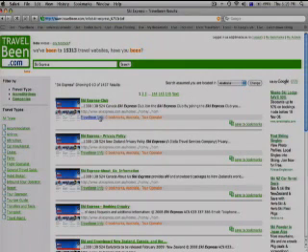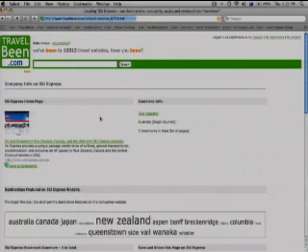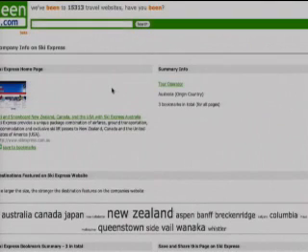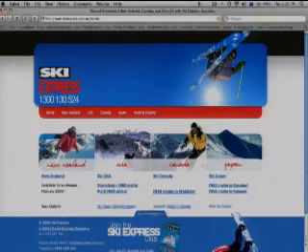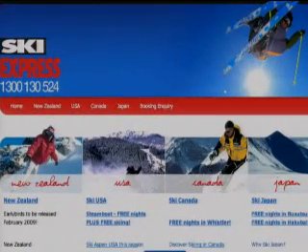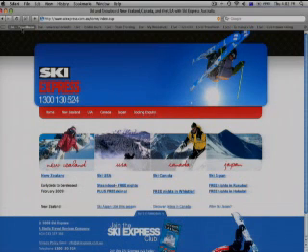And also, we're going to go a bit more into examples on destinations now, which you can see is a ski tour operator based in Australia. And you can see that one of the main destinations they go to is New Zealand. And if you go to the Ski Express website, you will see a mirror of the destinations and popularity that we've pulled together on Travelbeen.